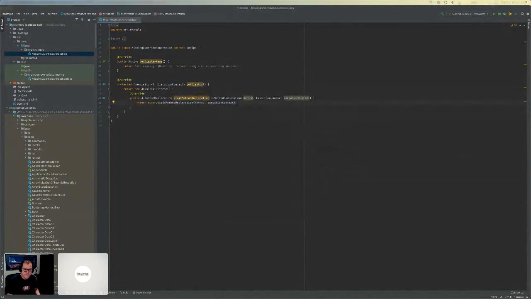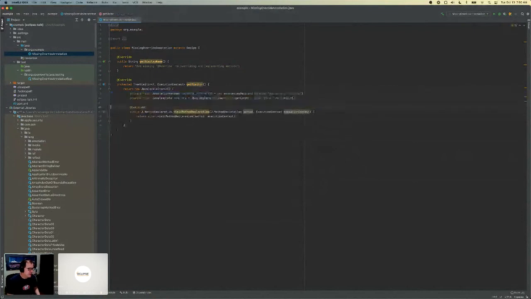For the sake of time, I'll do some more cutting and pasting here. I know that in here, we're going to be looking to see if this annotation already exists on the method declaration. We're going to use this annotation matcher to do that. We also know that if it's not there, we're going to need to be able to add this snippet of code. And you'll notice it's just a string here.